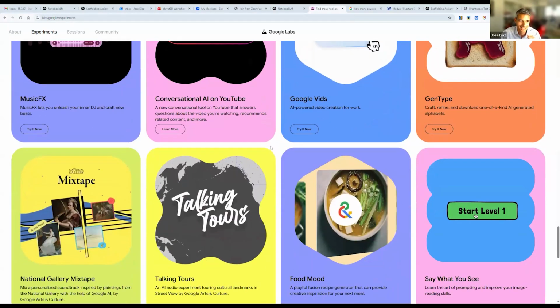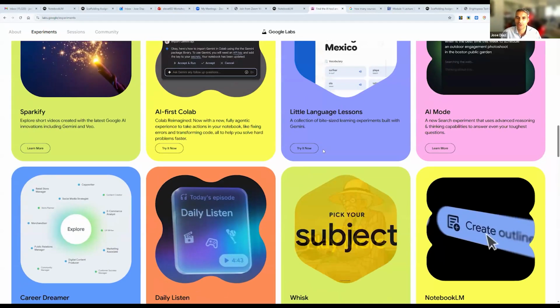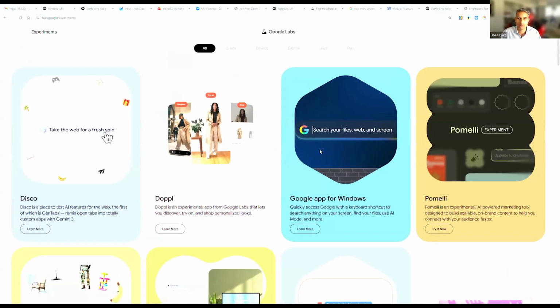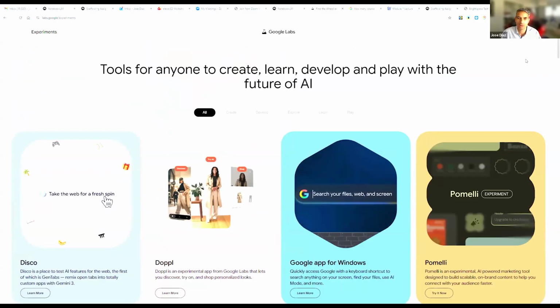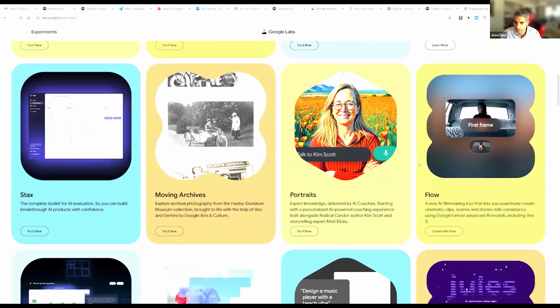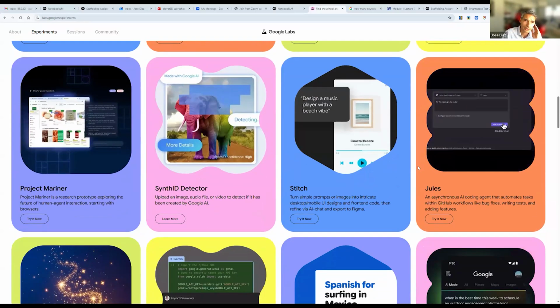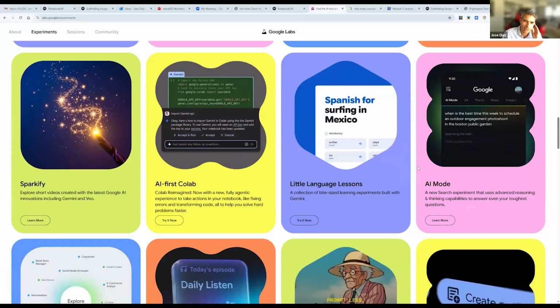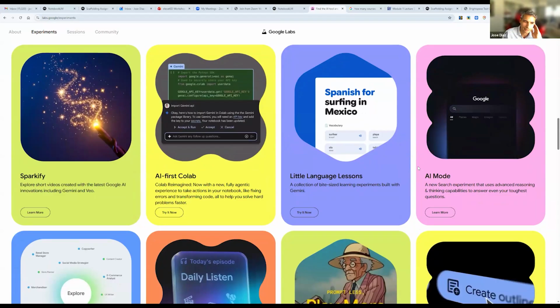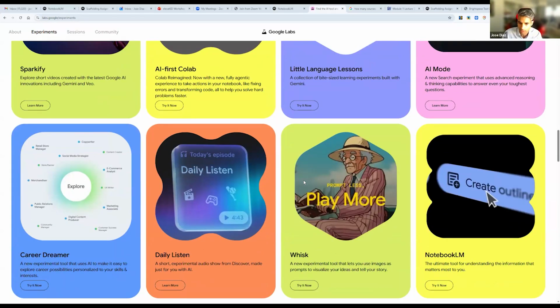As you can see, there's many. Maybe I can search. But if you go in here, look on your own, there are many really cool experiments that Google is playing with. If you look for the one that is for prompting, and I should have had it ready, but I didn't know I was going to go here. Please make sure to visit Google Labs and just see what's going on because as we all know, this technology is moving very fast. Every week there's something new happening.